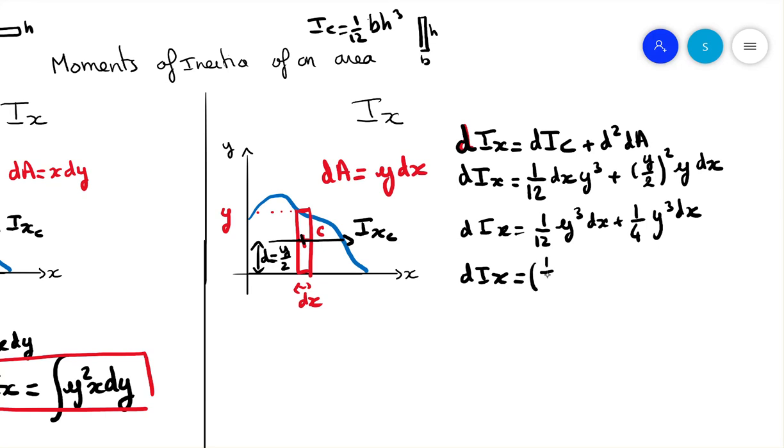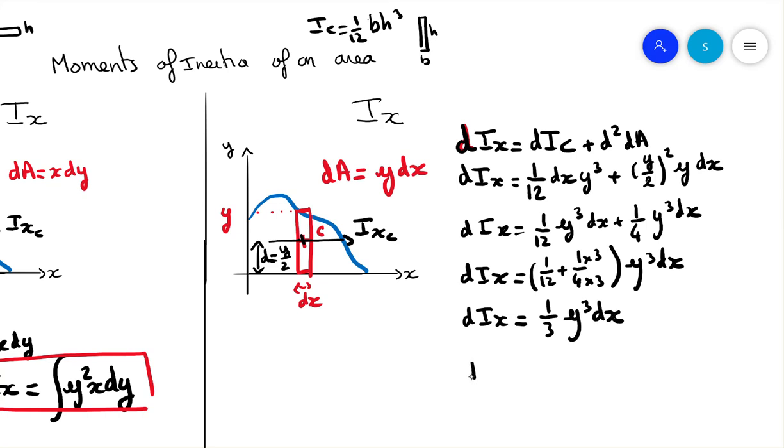Okay, so it's equal to 1/12 plus 1/4. You multiply by 3, y cubed dx. So dIx is equal to 4 divided by 12, let's make that 1 divided by 3, y cubed dx. So at the end we have Ix that is equal to the integral of 1/3 of y